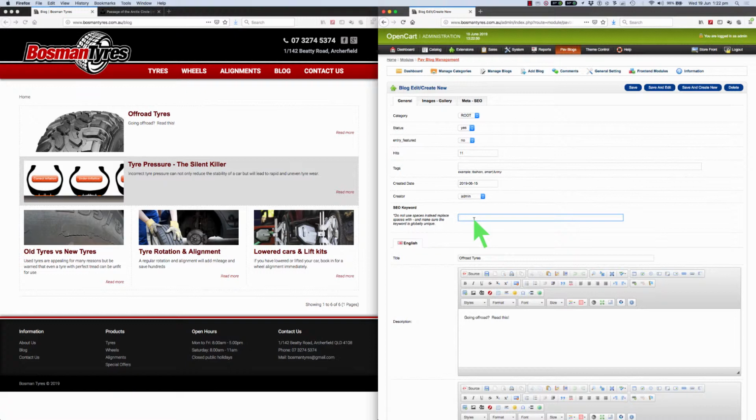Thing number two is, when you create this SEO keyword, it's probably best based on the title. Mostly that makes sense, so I can copy that in there, but it's important to make sure there are no spaces in here. So I'm going to replace the spaces with a hyphen or a minus sign, and it's good practice to make it all lowercase. So whatever your title is, copy and paste it up there, take out the spaces, replace them with hyphens, and make it all lowercase. Now if I save this,